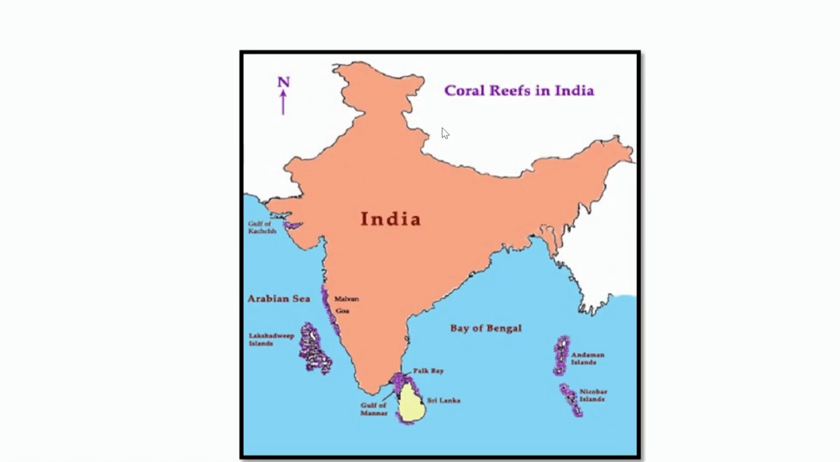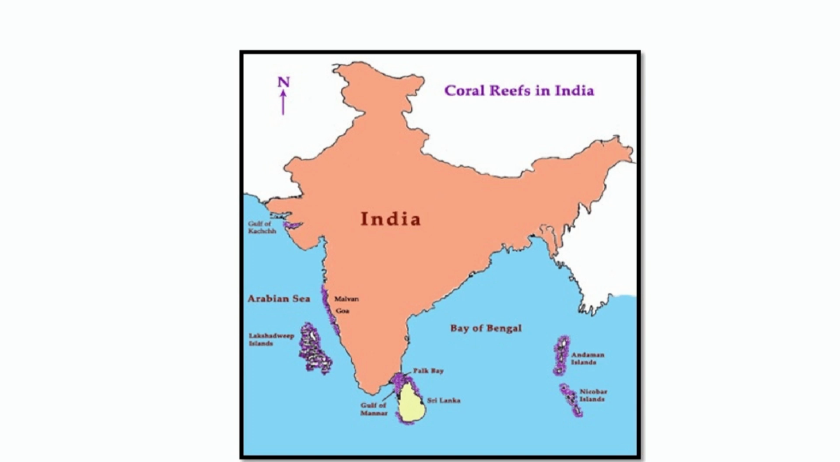So in this map you can see what we can observe. There are coral reefs here. They are just at the baseline. So in this case the baseline will not be considered from the tip, from the last land mass, but the coral reef also will be included for determining the baseline. And it is permissible under the UNCLOS also to consider this coral reef area for considering the baseline